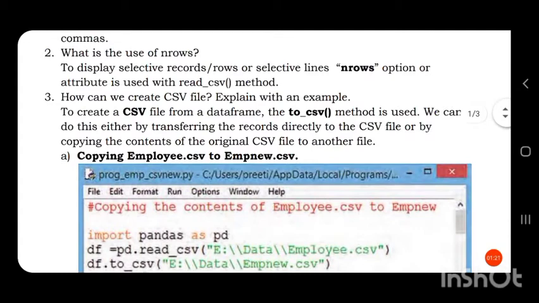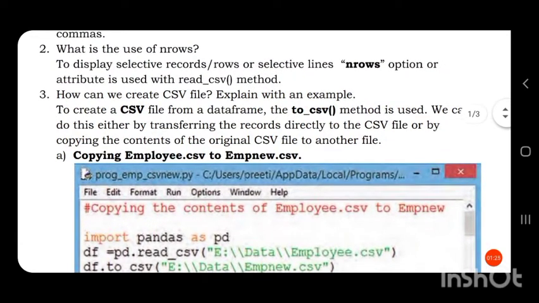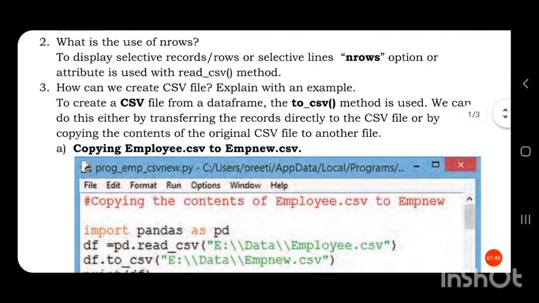What is the use of nrows? nrows is used to display selective records, rows or lines. The nrows option or attribute is used with the read_csv method to select a set of rows.